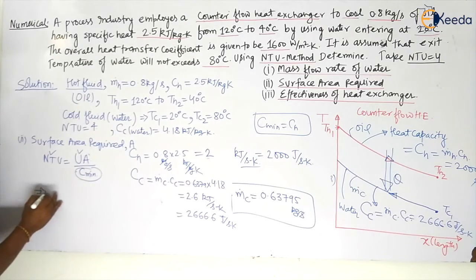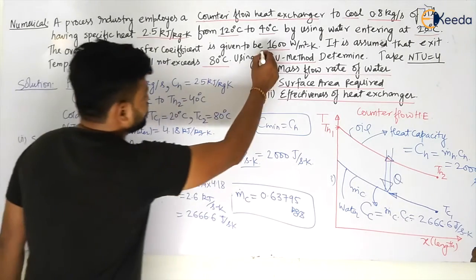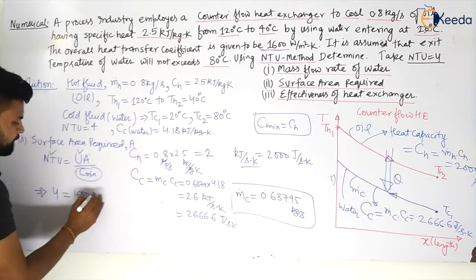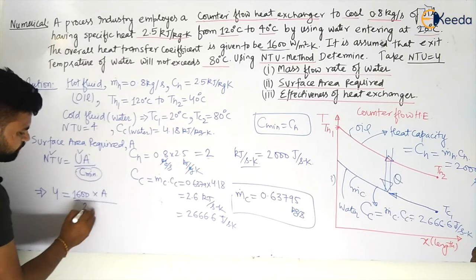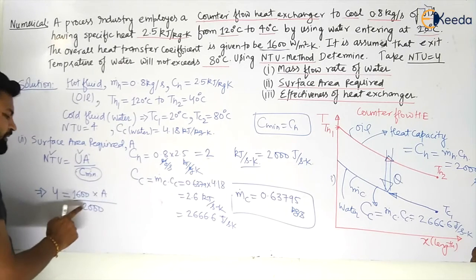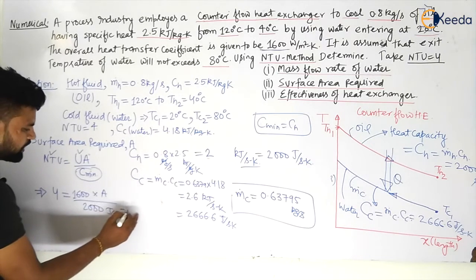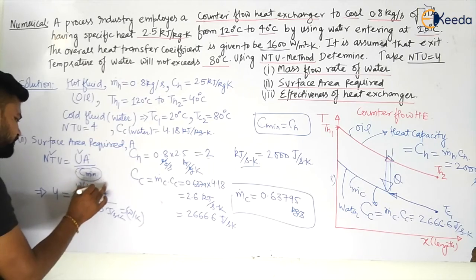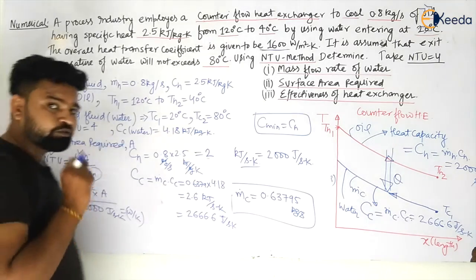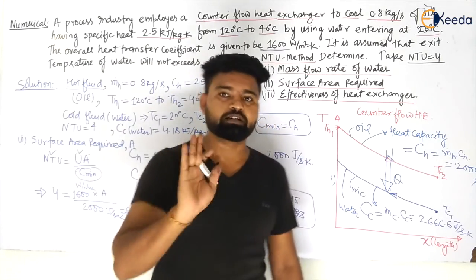Let us see now. So NTU is given to be 4, which is equal to U, given as 1600. The overall heat transfer coefficient is given to be how much, my dear students? 1600 multiplied by area, which we have to calculate, divided by C minimum, which is 2000. Why am I taking in joule? That is in joule per second Kelvin, my dear students. That is nothing but watt per Kelvin. That is also in watt per meter square Kelvin. So you have to focus on the unit, because in GATE you will make mistakes, I know. So you have to correct now.